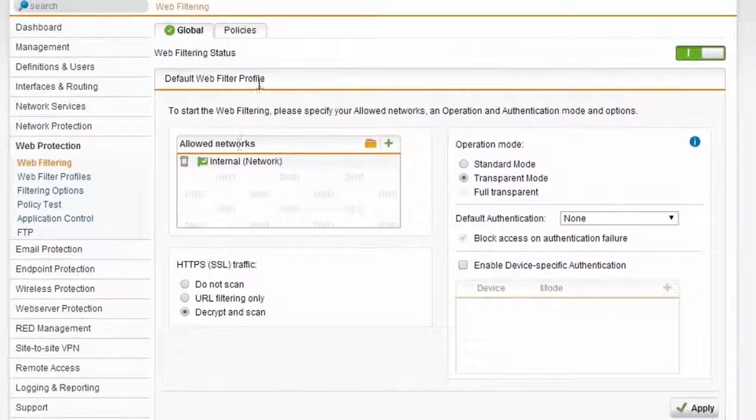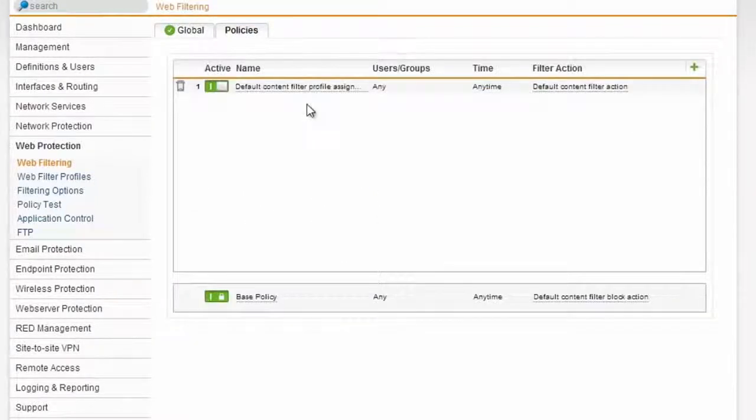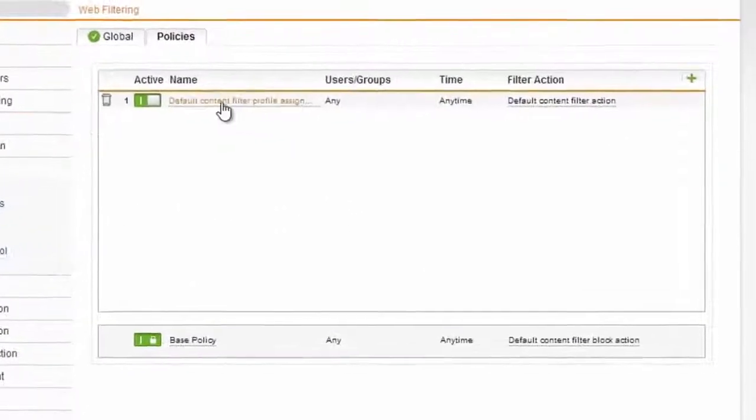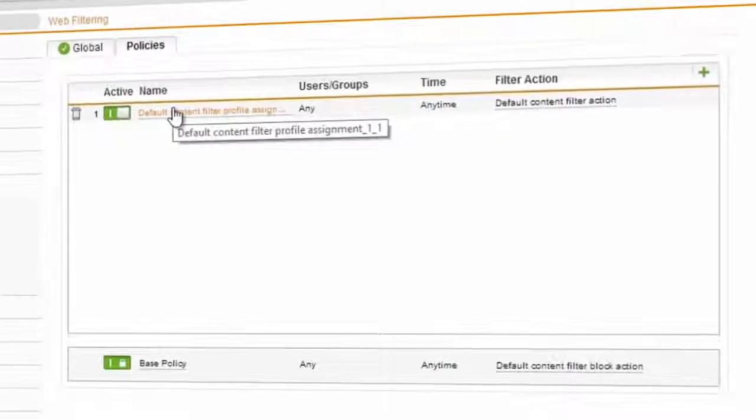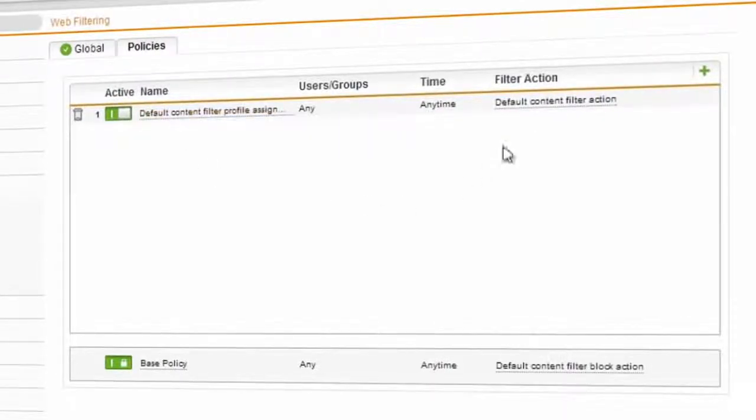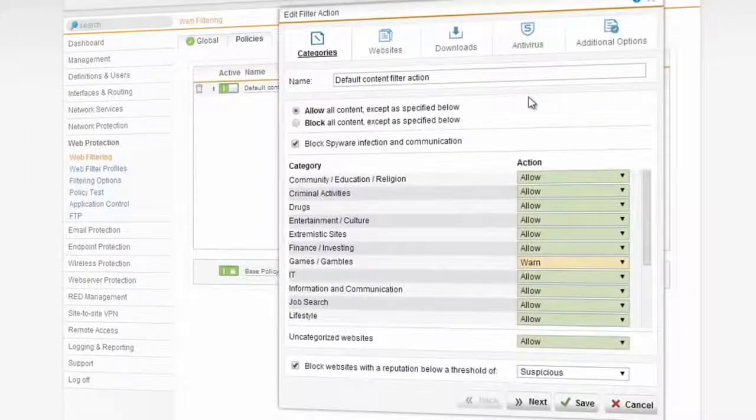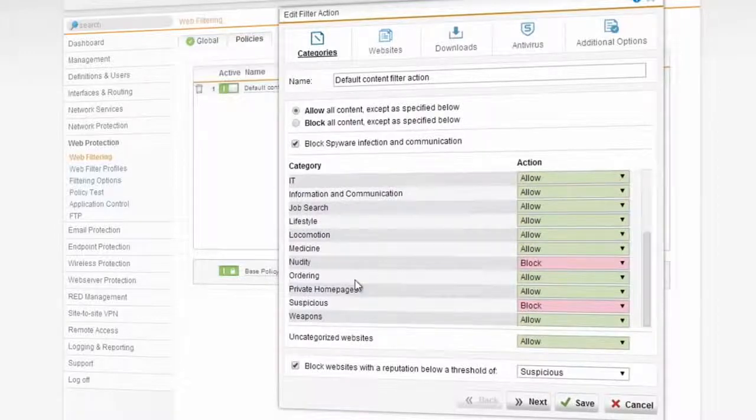If we want to make a policy to actually start configuring where people are allowed to go, what they're allowed to do, we click on the Policy tab, and we can see that we have different abilities to make profiles and assignments. If you look at the filter actions, this is where we build a list of rules and permissions. So in this case, we've chosen to allow all content, and I've also chosen down below here that I want to block nudity sites, suspicious sites, and for example,